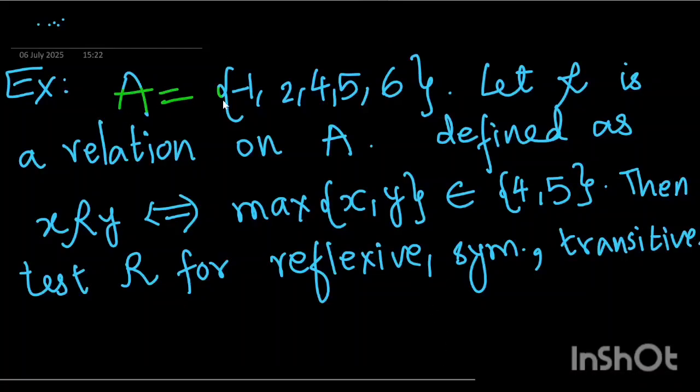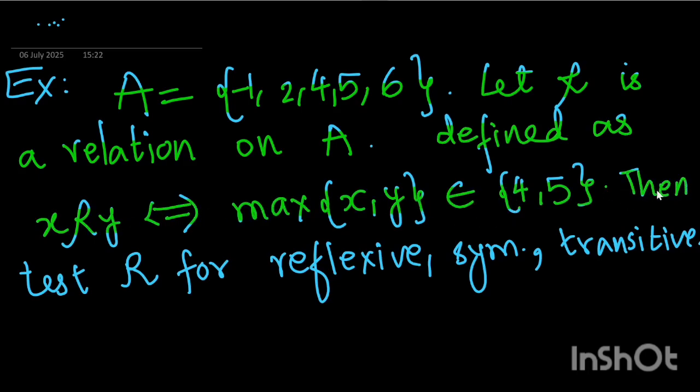So guys, in this example, A is a set containing -1, 2, 4, 5, 6 and R is a relation on A defined as xRy if and only if max(x, y) belongs to {4, 5}. Then we have to test for reflexive, symmetric and transitive. So what is the meaning? R is a relation